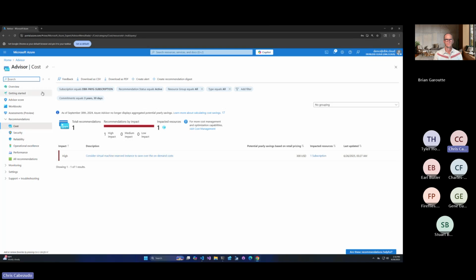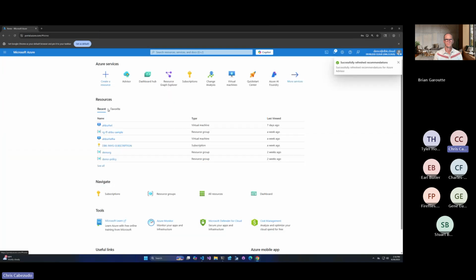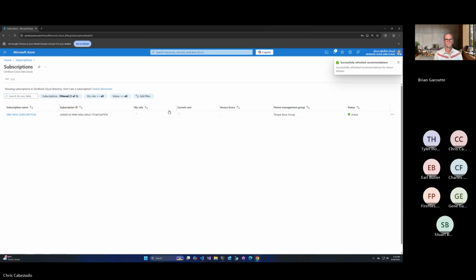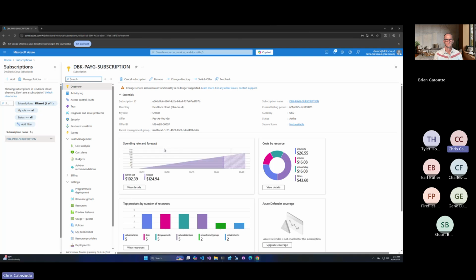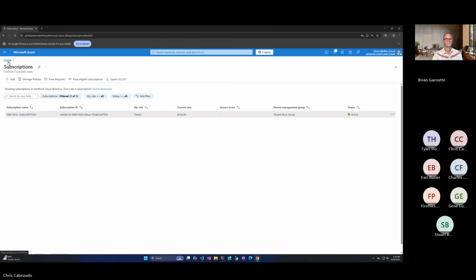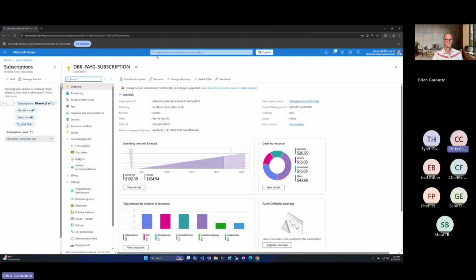That is $300 a year on a subscription that costs me about $100 a month. Yeah, about $120 a month. So there's some significant savings there. By applying that, I could be saving almost 2 to 3 months' worth of cost. Going back to the Advisor,